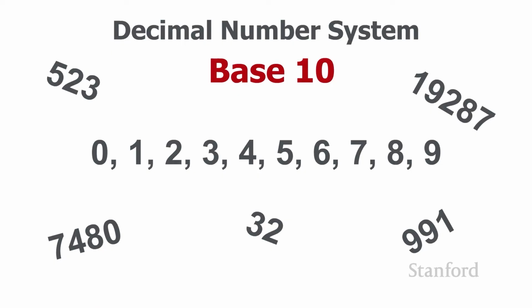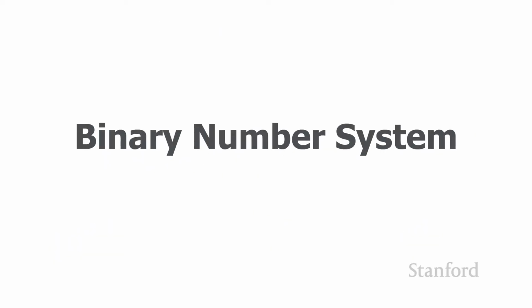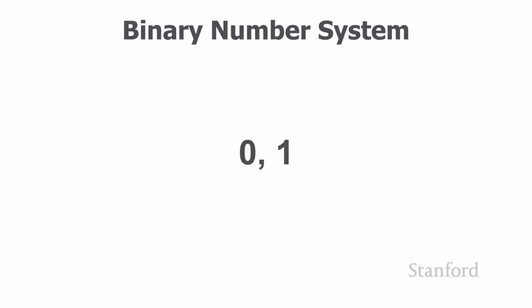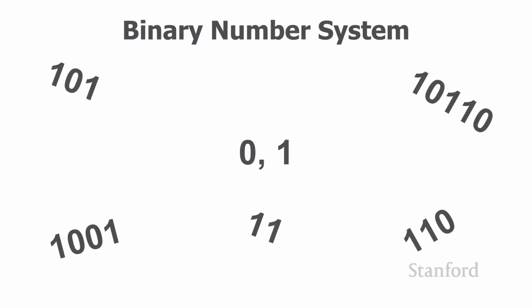In contrast, the computer uses a binary number system. In the binary number system, there are only two digits, 0 and 1. Here are some examples of the different types of numbers that you can make with the binary number system. We'll take a look in another video at exactly how these work and what they might mean. But for now, just realize that all numbers in the binary number system consist of only two digits, 0 and 1. And because there are only two digits,